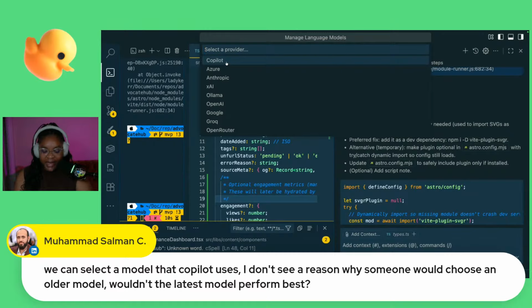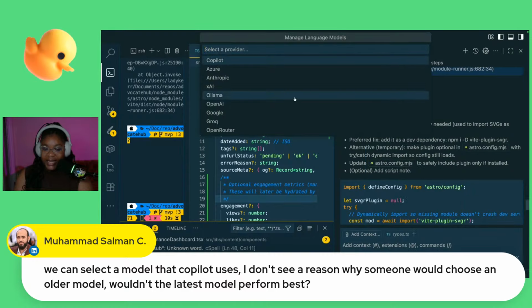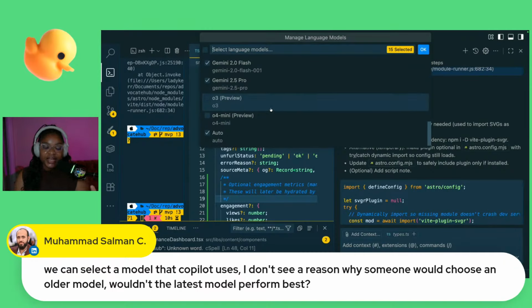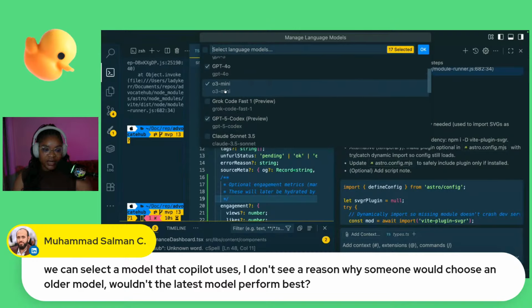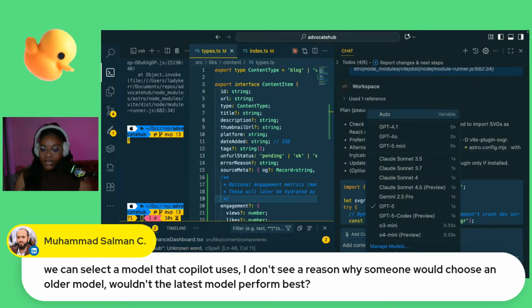The good thing is that we have access to so many models. And especially with GitHub Copilot, we can enable or disable whatever models we want. Let me enable all the models that we have in here. Okay, so look at all these options, right?